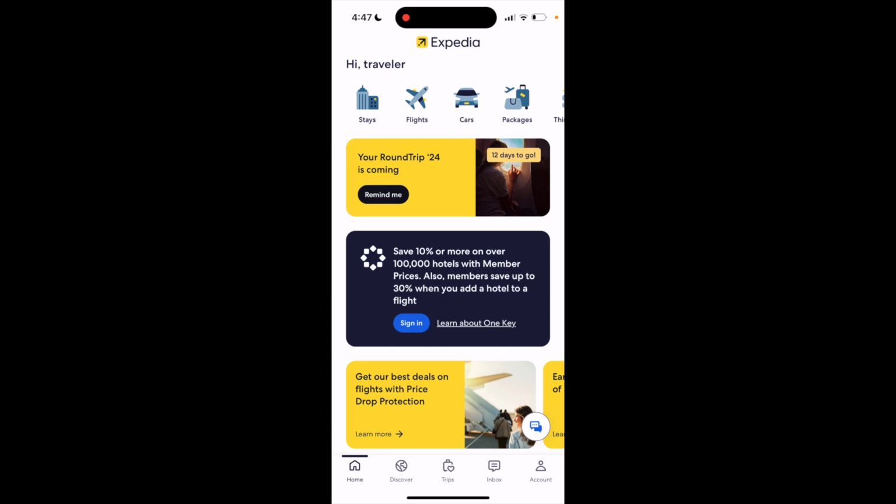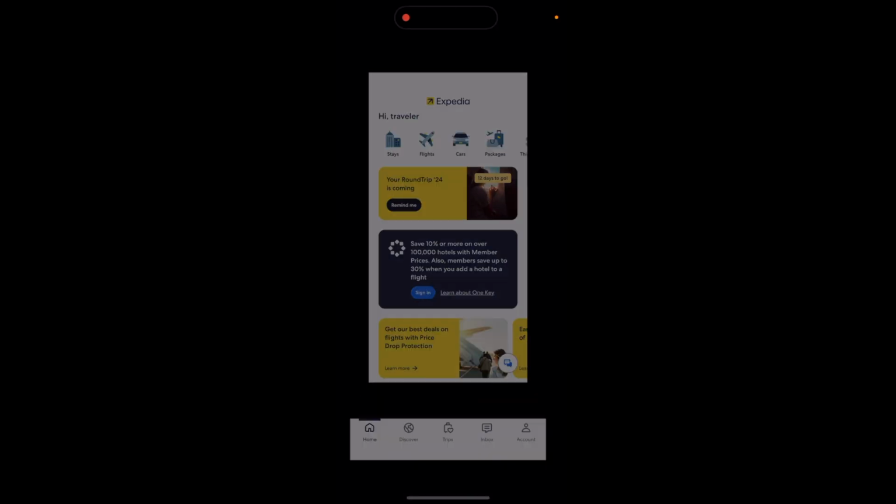So in this Expedia tutorial video, I am going to be showing you guys how to clear the search history here on the Expedia mobile application. So the first thing you have to do is open up Expedia. Now, for example, if I were to go to the home tab here, press on stays right here, you can